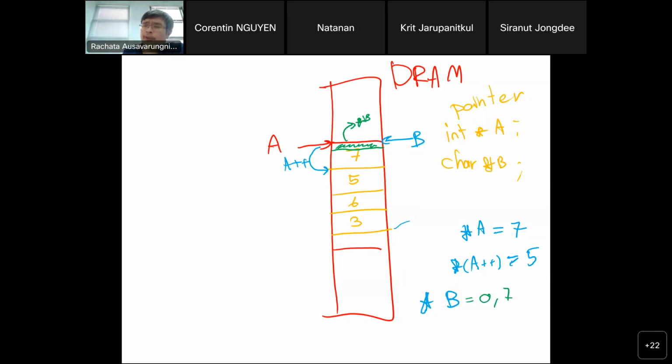Some machines would put the lowest bits first, so 7 would be on byte 100. Some machines would put the number 7 on byte 103. I should not have done this because we talk about this concept called endianness after the midterm. But for now, just understand that when I do star B, it only takes the first byte here at byte